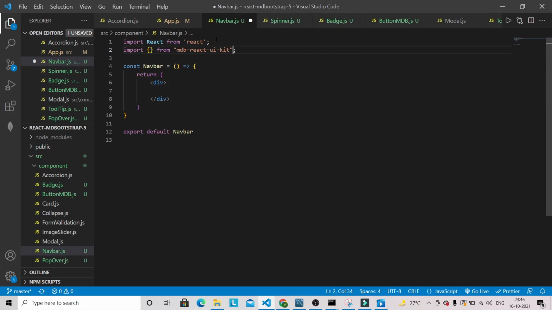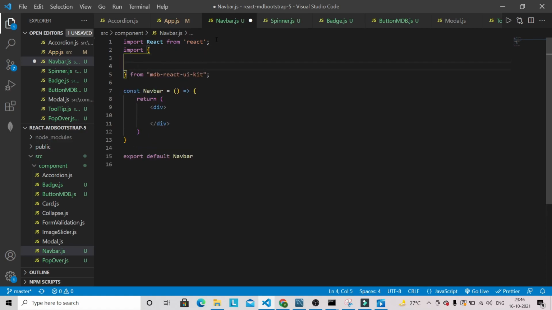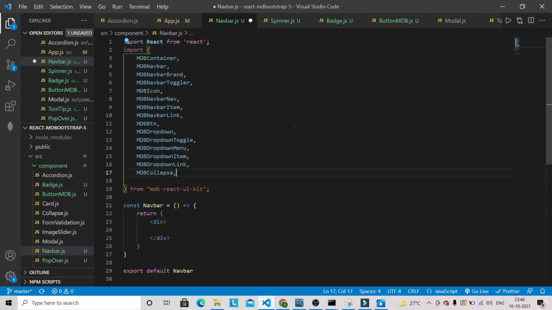We need to bring some components from MDB React UI Kit. I'm going to paste the components that we need, because we have to bring a lot of components. You can see that these many components we need from our MDB React UI Kit in order to build the responsive navbar, and we also need to bring useState here.